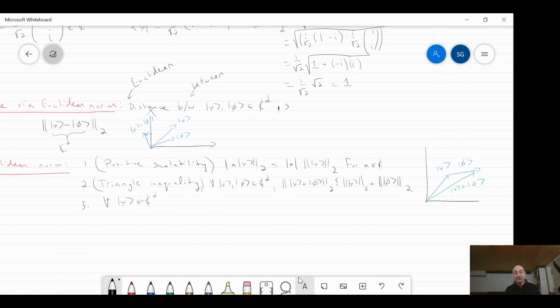Okay? And using these two, it follows that for all vectors psi, what good is a notion of size if it's not always non-negative, right? It would be very odd. And indeed, using these two you can prove that the norm of any vector psi you come up with is always non-negative. Okay, so just a sanity check. Okay, so that's all I want to say about vectors, norms, and distances.